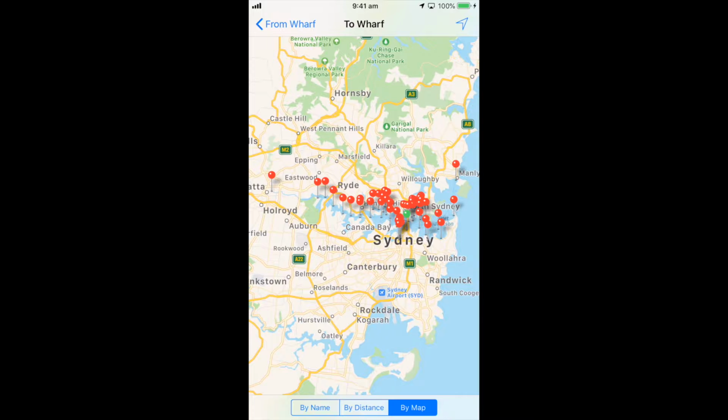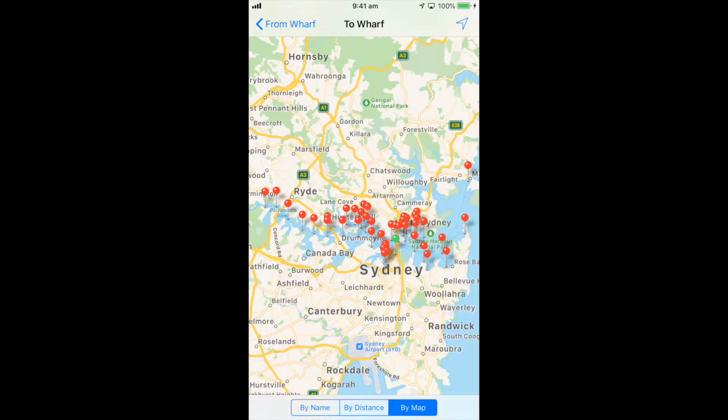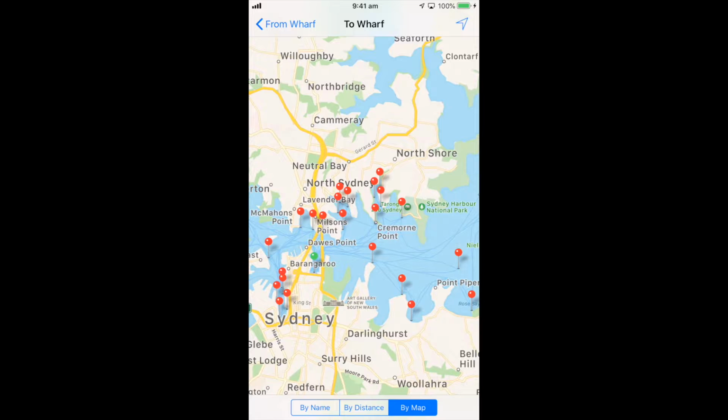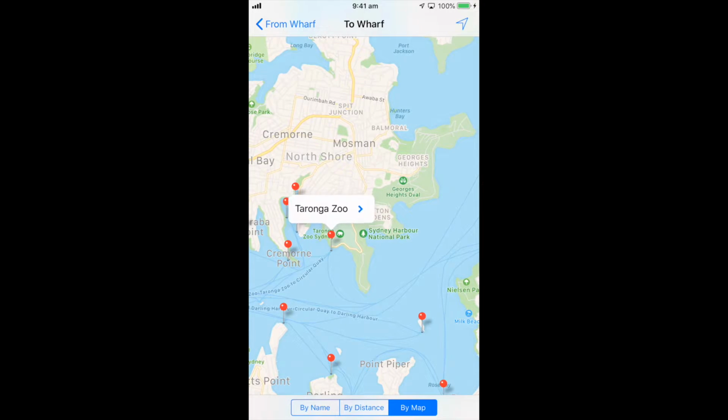So ferry wise, this is all the little dots, all the reds is where I'm actually going to go. For this sample, I always take my kids to the zoo at least about once a week or so, when it's not too hot or when it's not too cold. We usually catch a train or a bus to go to Circular Quay, and then from there we catch a ferry across. In this instance, Taronga Zoo is right there,